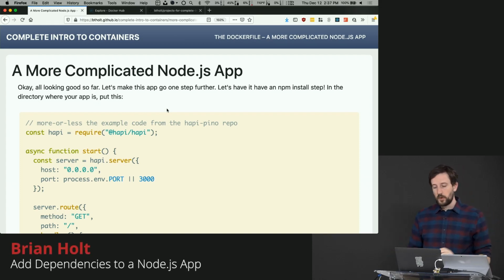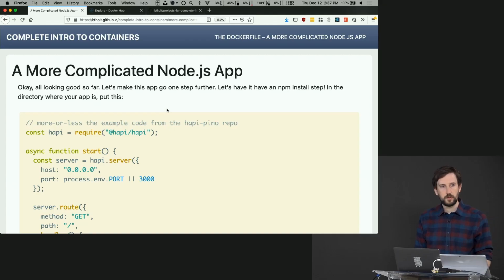Let's together do a more complicated Node.js application. So we just did the hello world, or the "oh my god, lol" of Node.js, which is to say it's not a very realistic application. It's one file that's executed. And where we get into more complicated measures with Node applications is we have to start worrying about